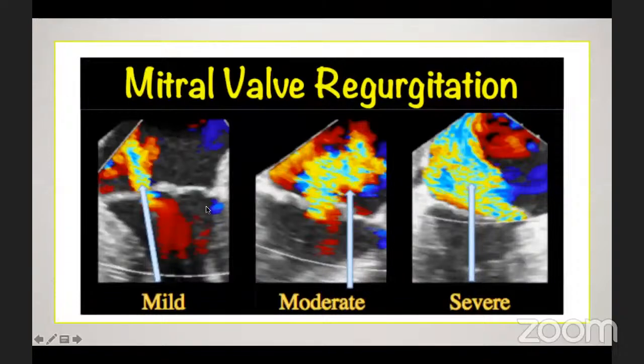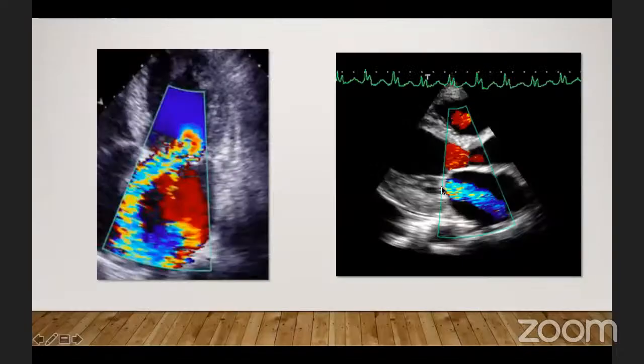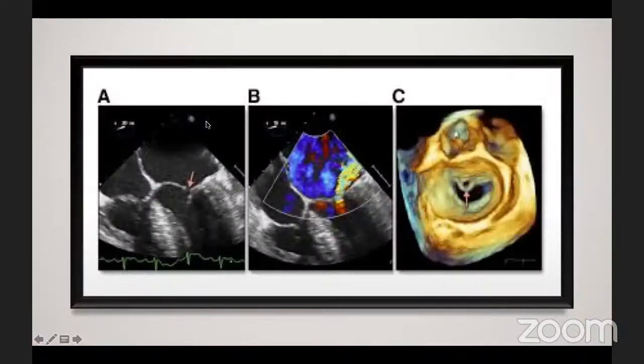This explains how visually you might assess, based on the regurgitant flow, whether it is mild, moderate, or severe. And this is a very qualitative measure. This is a very centrally directed jet. This is an eccentrically directed jet. This is a perforated